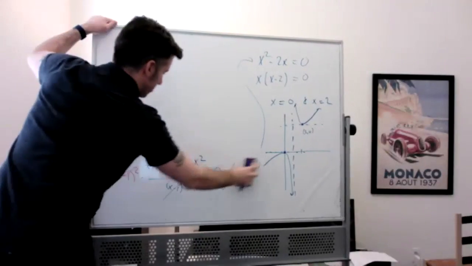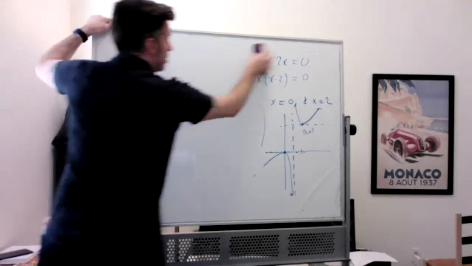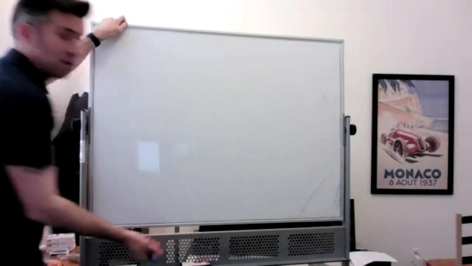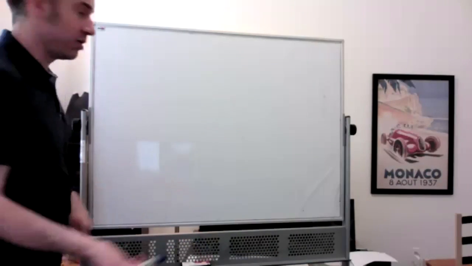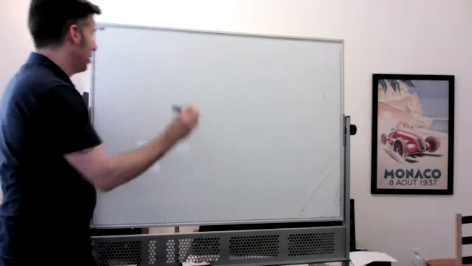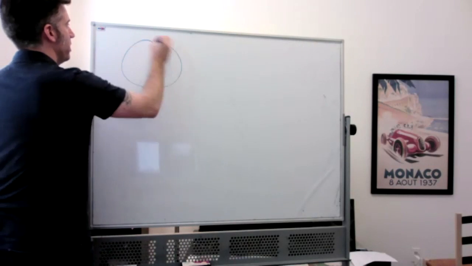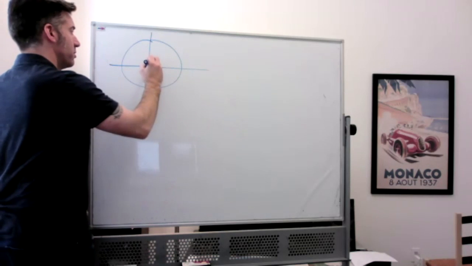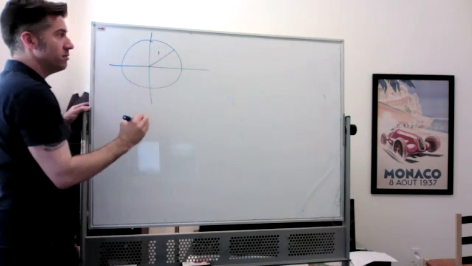I had a quick question on the last one. How did the sine squared x plus cosine squared x just go away? Okay, so that's a trig identity. Let me address that just so everyone's cool. It really goes back to the unit circle. So good old unit circle has a radius of 1